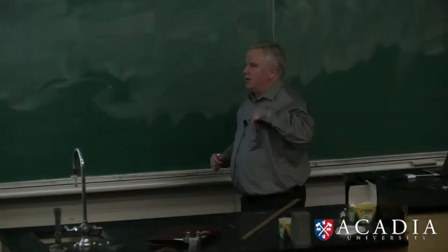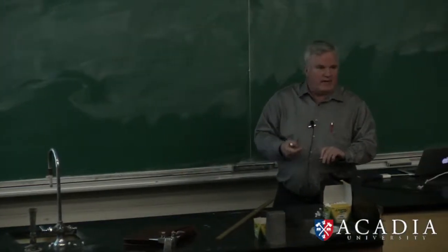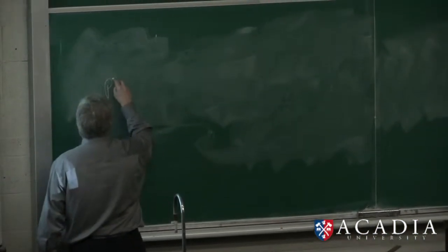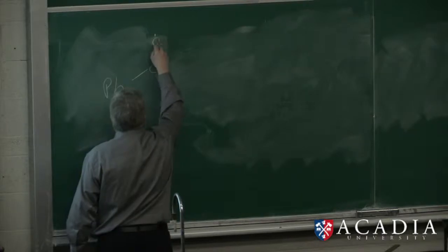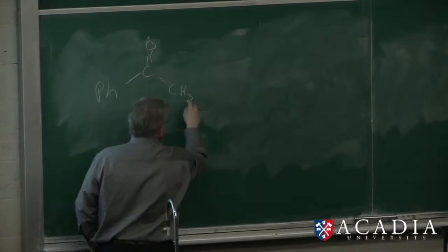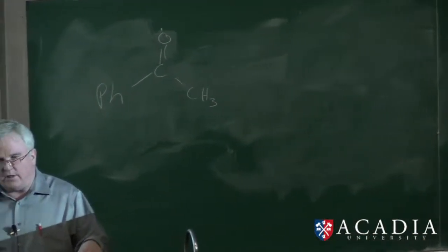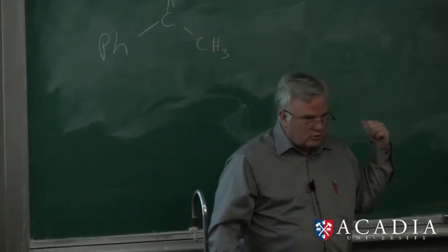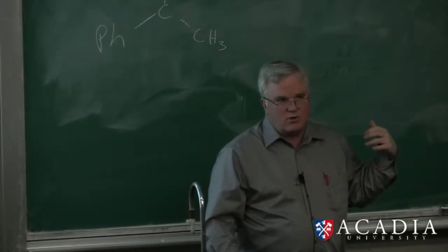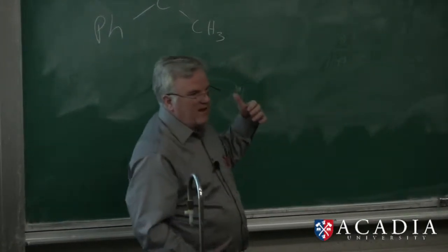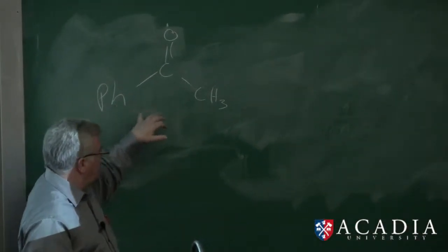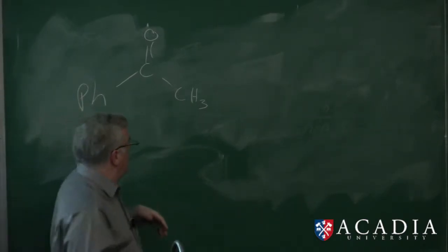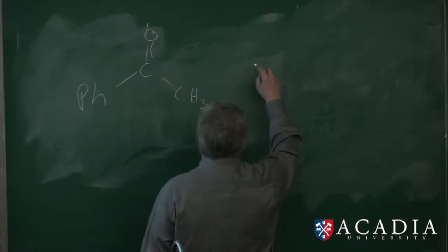So we've already accepted that we can get from, I'm going to do this. This is not the same as what's on there, but as I look at things, I realize instead of using R, R prime, and R double prime, I'm going to start trying to put actual chemical groups in there. I want you to realize that most of the time these are general reactions. I'll talk about it, but I find it easier to follow if I use Ph and CH3 instead of R and R prime. So we're going to react this, and I'm going to react it with